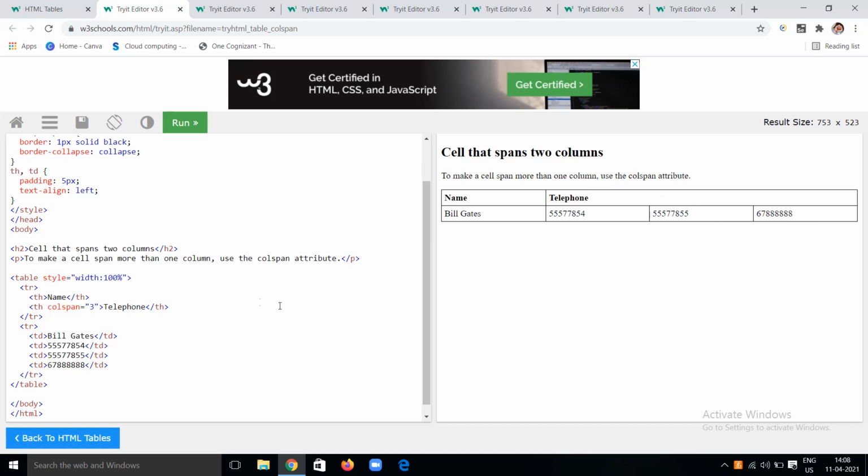If the name is also a bigger one, we can also add a colspan to this name thing too. I need 2 colspan, the length of colspan, sorry, the colspan is equal to 2, I have given. That means Bill Gates is the first name, and it will have another name also, which is James.